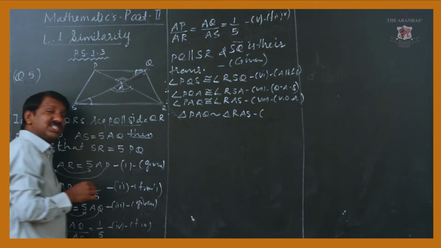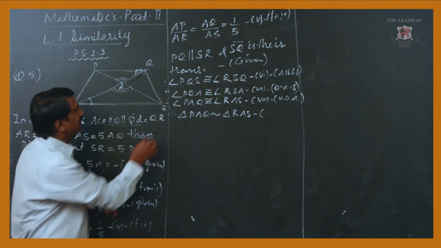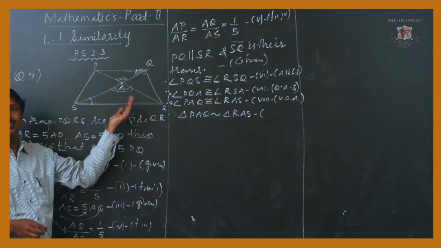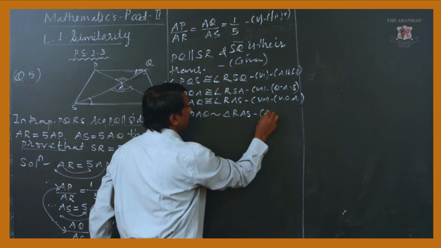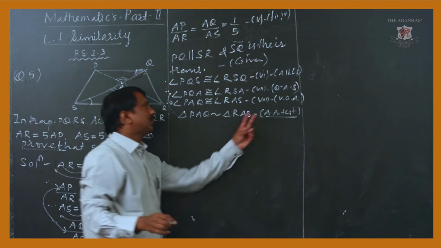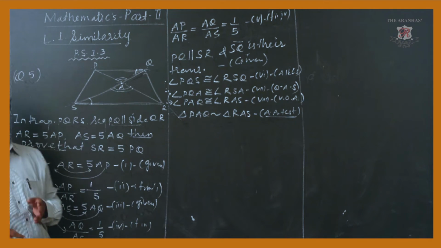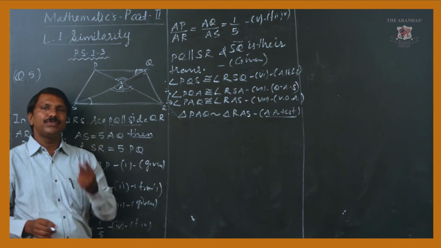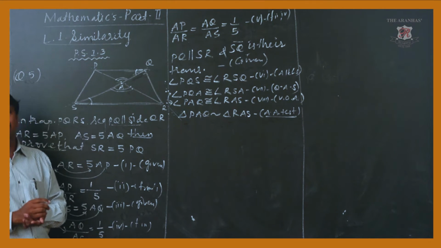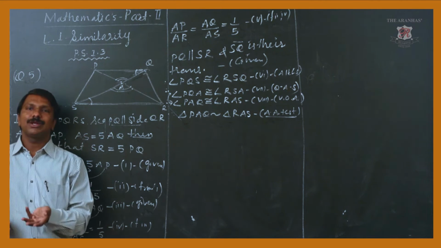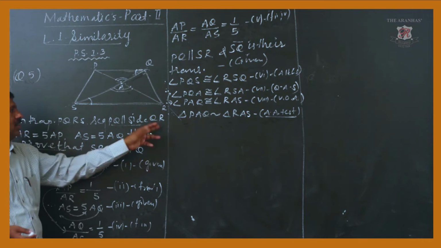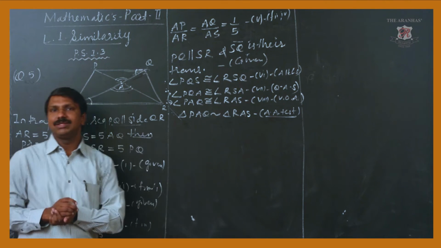And by which test are these two triangles similar? We get here two pairs of angles which are congruent to each other. So we can write by AA test. We only showed two pairs of angles. In similarity, if you show two pairs of angles, that is enough to prove the two triangles are similar. Even if somebody says, if I show the third pair also, it's okay, never mind that, there is no need of that. So by AA test, these two triangles are similar.